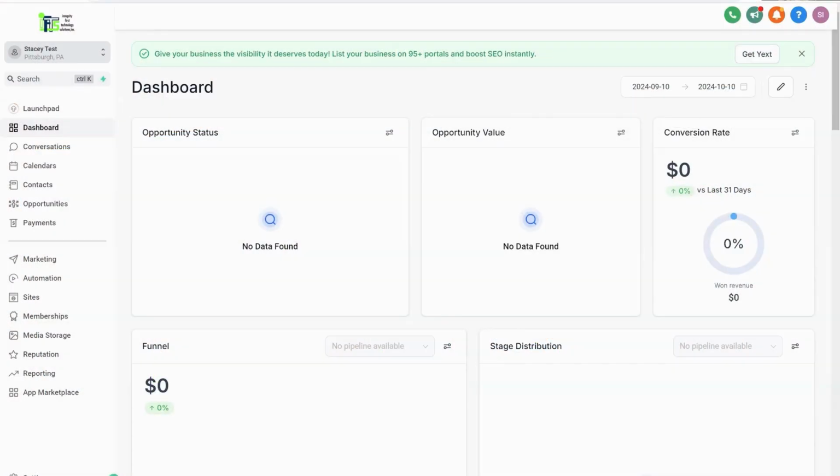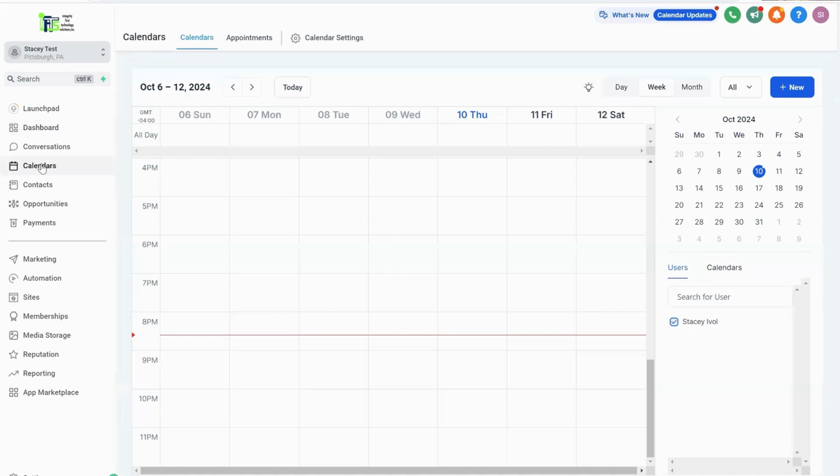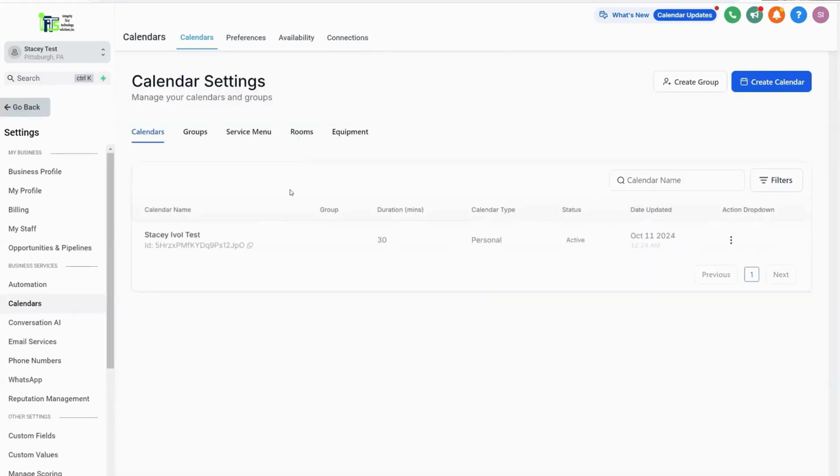So we're going to connect the Google Calendar to GoHighLevel. So what you want to do is on the left-hand side of the menu, click on calendars, then in the upper menu, click on calendar settings. You can see we have a calendar here, and